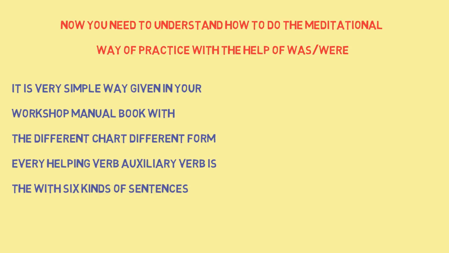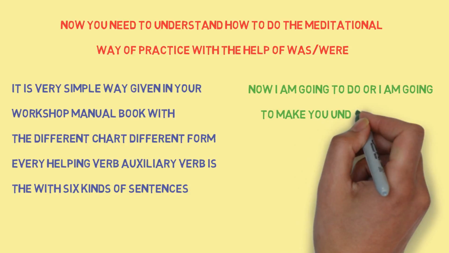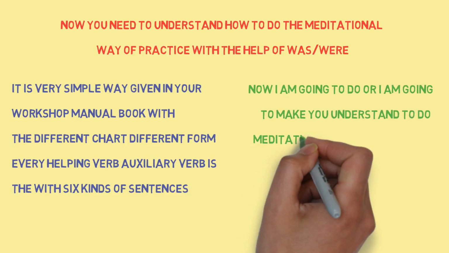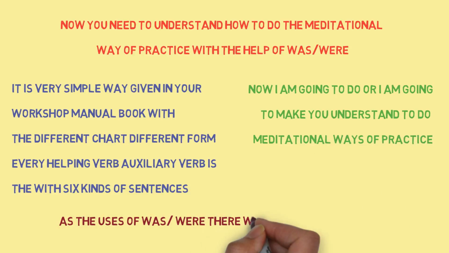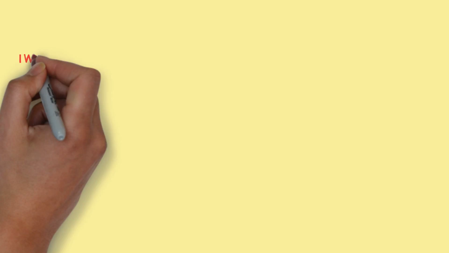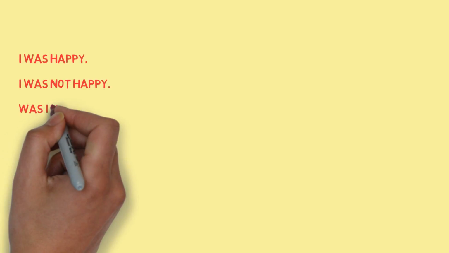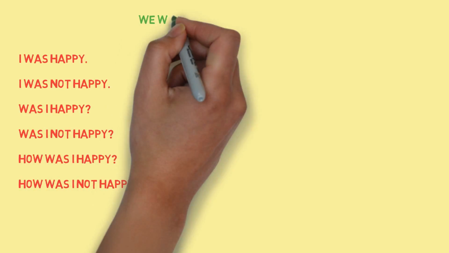Now I'm going to make you understand how to do this meditational way of practice, as the uses of was and were is there. We will be doing the practice of: I was happy, I was not happy, was I not happy, how was I not happy, we were happy, we